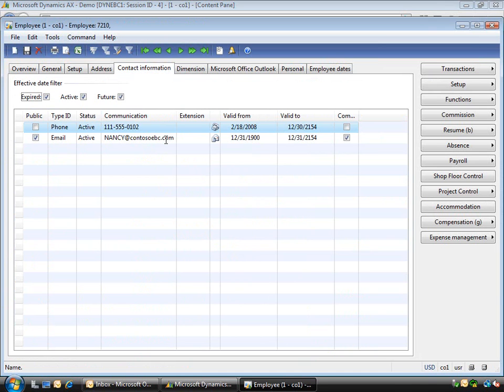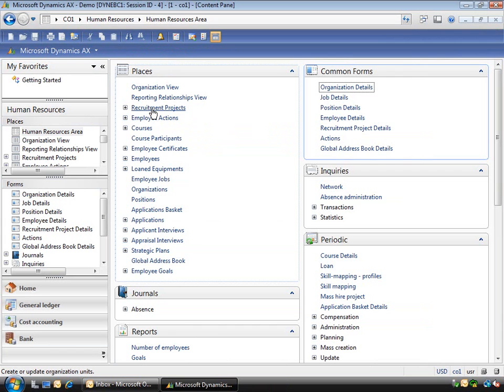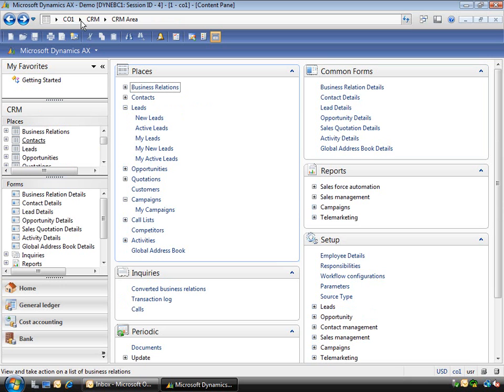Now, if you were doing this with your own Outlook, for example, you'd install Microsoft Dynamics AX locally on your machine as a developer install. You could put your own email address here and synchronize to some folders on your own Outlook. In this particular case, I've got a demo environment set up, so Nancy's email address is fine. So if I go back to the CRM area page,